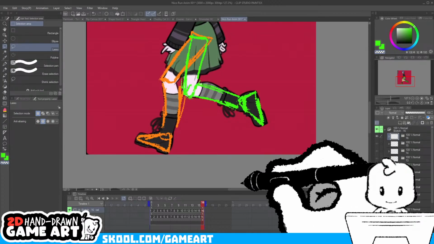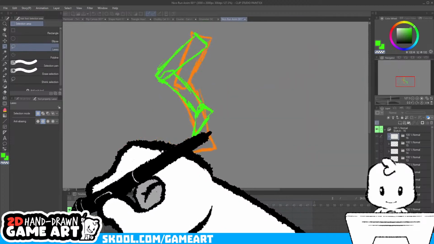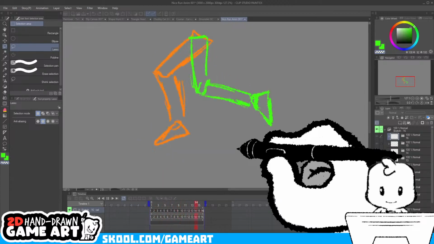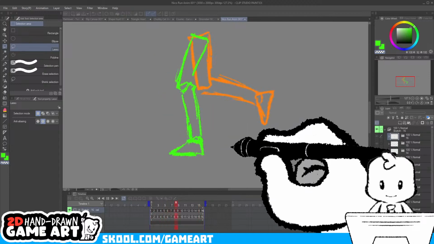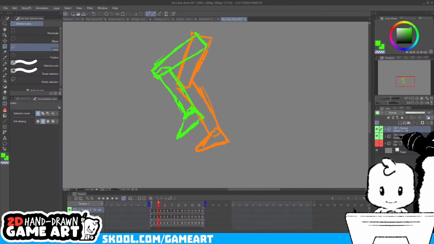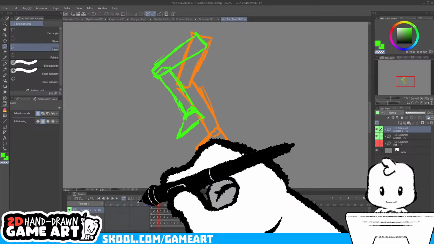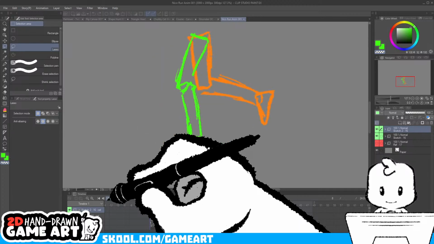Okay, so I think that marks this entire animation here. And yeah, this gives me exactly what I need to see. So we can make adjustments to this now. What I'm going to do is duplicate this entire animation, and now we can make our adjustments. So hopefully this makes it a little more clear to everyone what's happening with the legs.